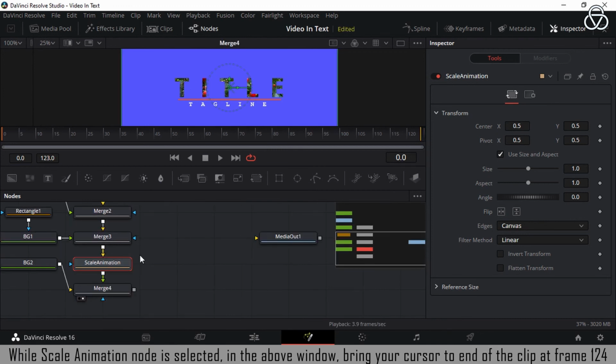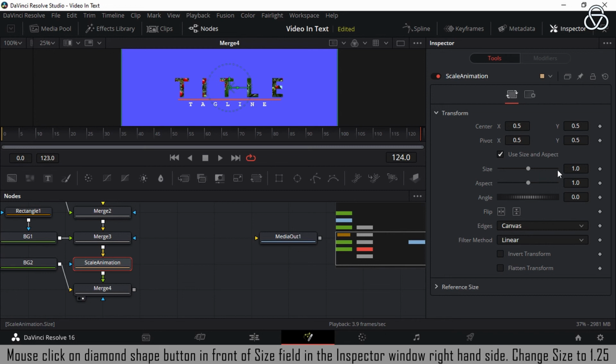While the scale animation node is selected, in the above window, bring your cursor to the end of the clip at frame 124. Mouse click on the diamond shape button in front of the size field. In the inspector window on the right hand side, change size to 1.25.